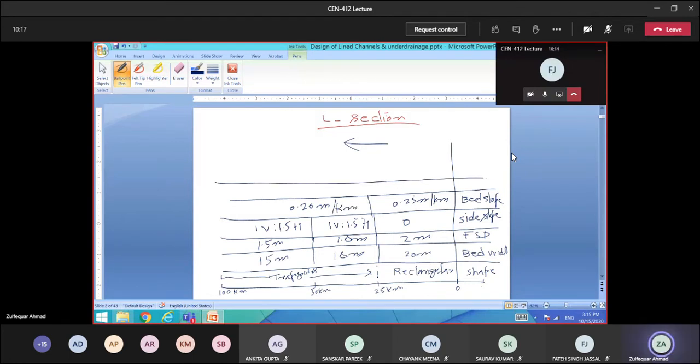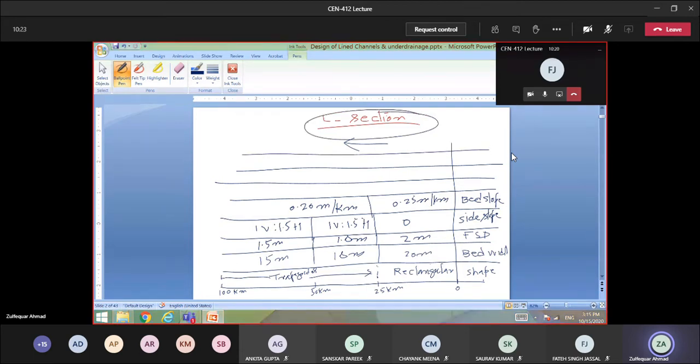In this way, the other information that is being provided, that one we are saying is an L section, right? If you have the L section of a canal, you can get all the information. That one I had discussed with you in the previous lecture in the last slide. If you have any question, please let me know. Any question, please?